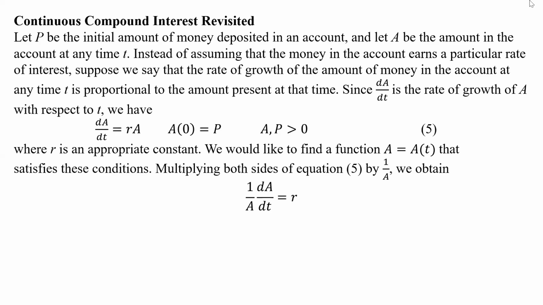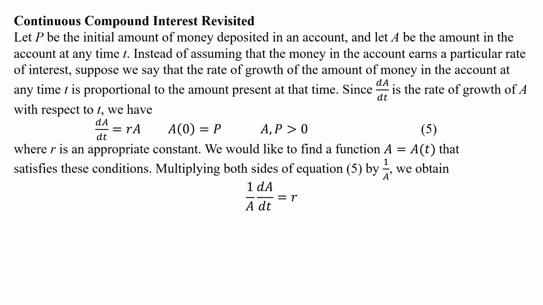All right, so we're never done with compound interest, and so here we are revisiting it. So if we let P be the initial amount of money that we deposit into some account, then we let A be the amount in the account at any time T in the future. Instead of assuming the money in the account earns a particular rate of interest, suppose we say that the rate of growth of the money in the account at any time T is proportional to the amount present at that